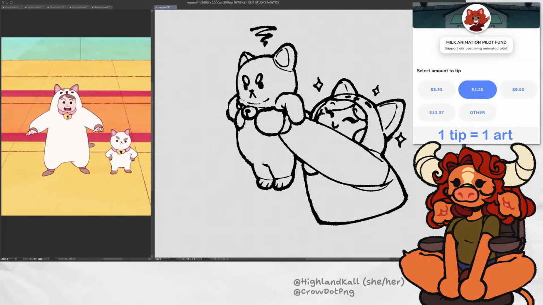Duplicate the layers and let's start getting our little fella colored in here. I can use the same pink for this. It also works for the ears, so I'm going to do that.